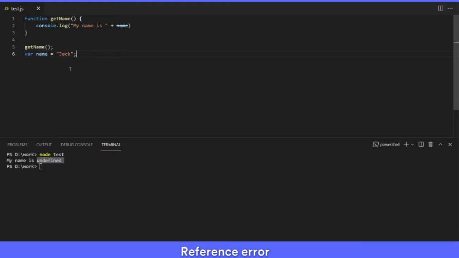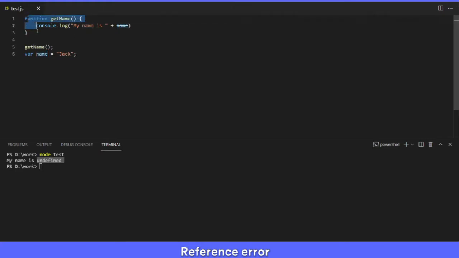What happens is, whenever the JavaScript engine runs this file, it will first allocate memory for all its members. So the functions or the variables are all given some memory in the JavaScript engine. When variables are allocated memory, they're also assigned an undefined placeholder value. This happens even before the execution. So this variable will have an undefined value even before line number 1 is executed. So once the execution begins, this name variable has already been initialized as undefined.